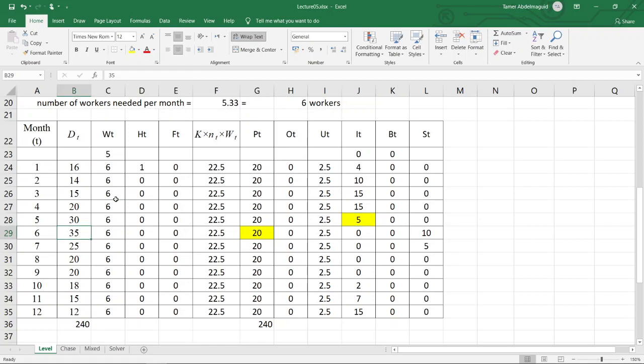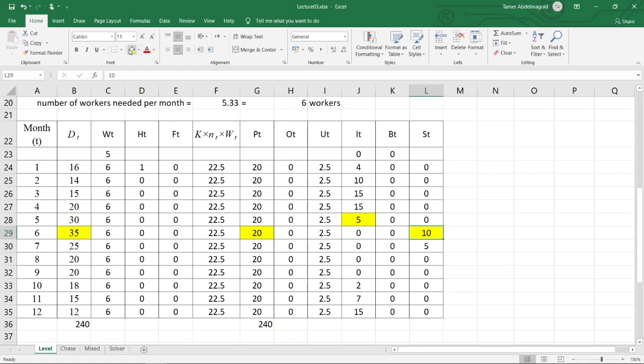But the demand in month 6 is actually 35, which exceeds both the available capacity and the inventory. So in this case, since I'm not allowed to have backlogged quantities, I shall have some subcontracted quantities. Since subcontracting is allowed in this problem, definitely the difference between 35 and 25 is 10, and that will be our